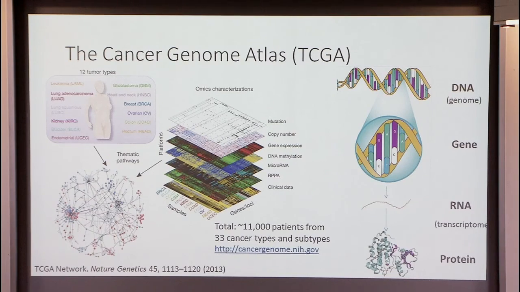This project has really benefited from these declines in the cost of various technologies. So in addition to DNA sequencing and measuring mutations, they measure copy number changes, and also other types of molecular phenotypes: gene expression, DNA methylation, microRNA expression, and some protein phenotypes as well, RPPA, a particular type of protein array, and then matched with clinical data. So for each sample, you have this multi-dimensional view of it with these different technologies over large numbers of samples, and the data is all publicly available.